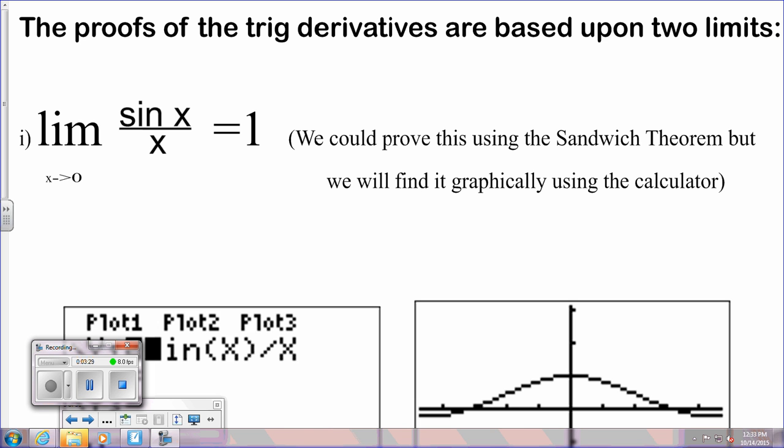One of the limits, we've actually seen this before. The limit of the sine of an angle over the angle. If the angle is getting really, really small, do you guys remember